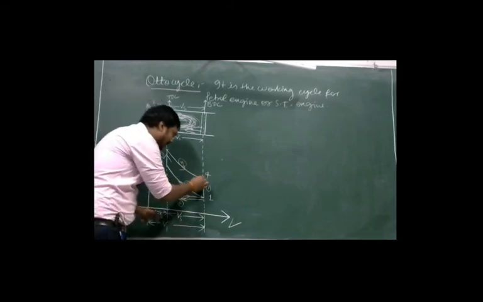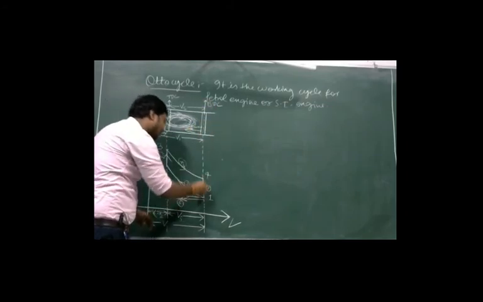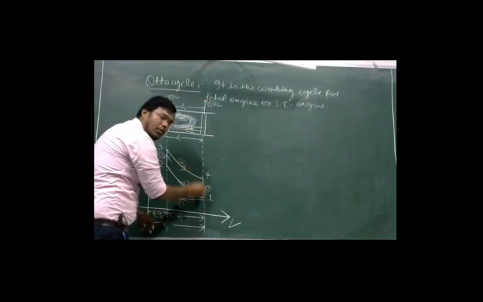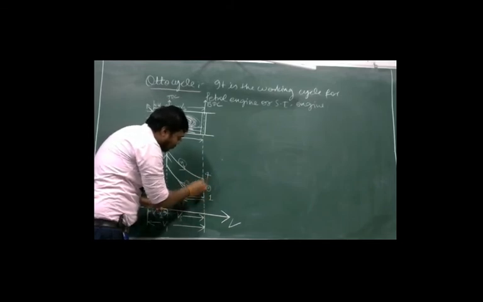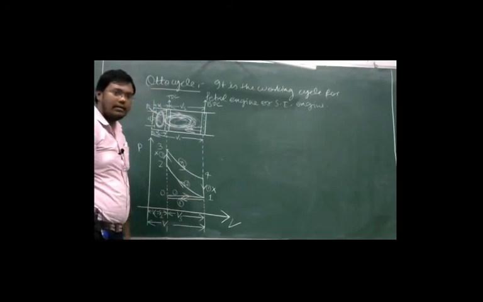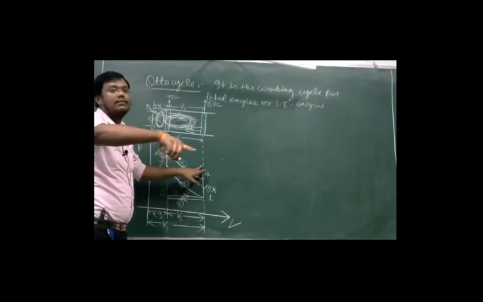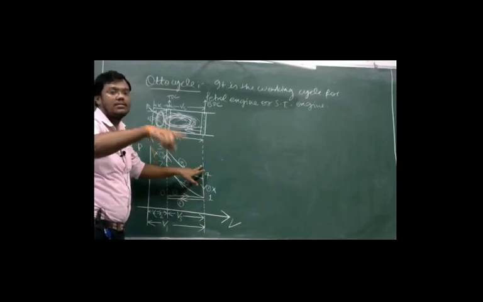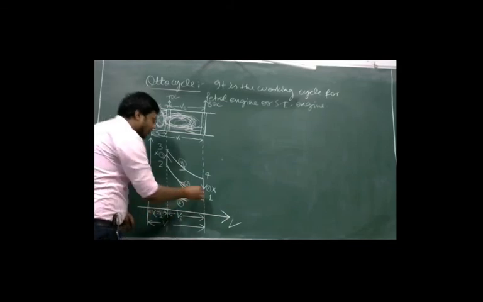This is a vertical line. Piston remains at its position on BDC. This is a constant volume process. Piston is not moving here. It remains in its position from 4 to 1. So this is not a stroke. When piston moves from its position, then only we can say that this is a stroke. If piston is not moving, then no stroke is happening. So this is not a stroke.